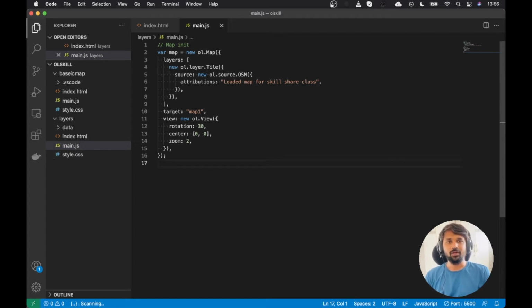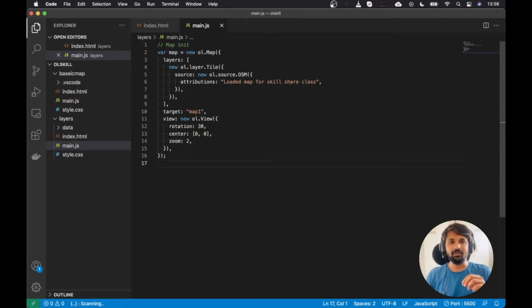Now that we have loaded the map successfully in the last lecture, and also we have seen what different components it takes to create the map, in this video we will try to focus more on specifically the layer component. Layer component is very important because using this component you can add multiple layers and then you can change their behaviors. In this video we will see what different types of layers are supported by OpenLayers, what are different characteristics that these layers hold, and then how to change them.